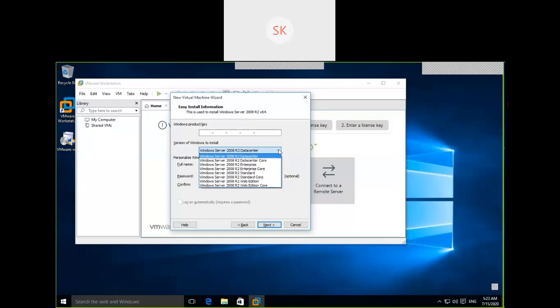For example, I'm going to install a web server, so I can go with core and then select the web IIS feature, so that server is going to have only services related to web. If I want a file server, I can choose core and select only file server functions. It is going to load only the services and functions required, installing only what relates to the respective function. That is a core.